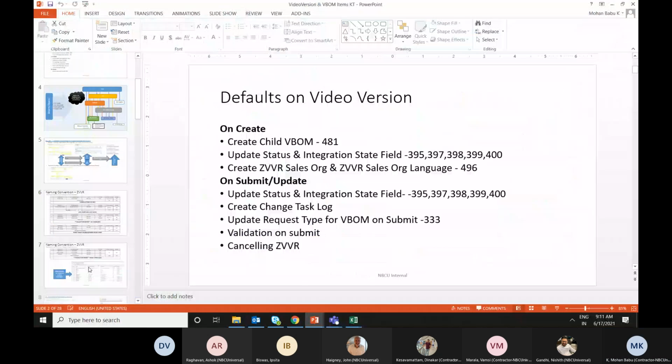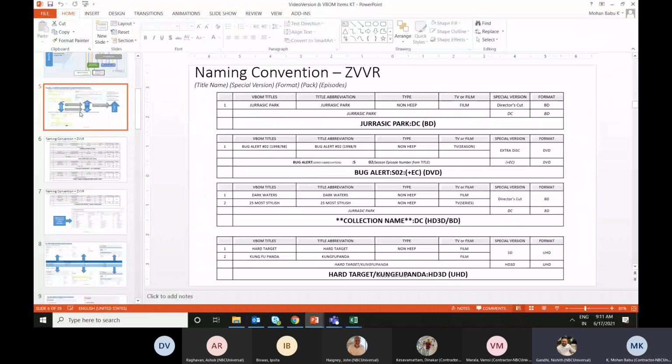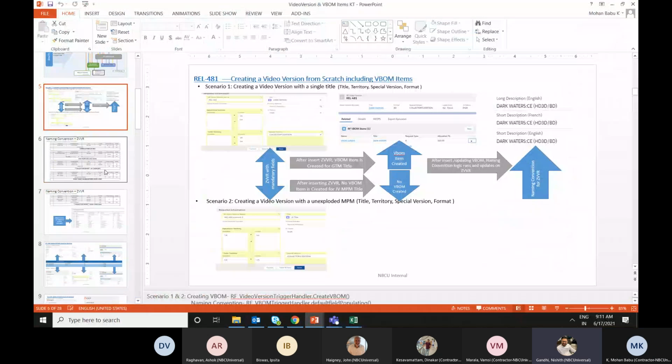Yeah, no problem, I think that's what we needed. This is just the high level thought, Mohan. When you submit a material, it's going to create a VBOM, it's going to create A, B, and C. That flow you went through, so we are good with that.